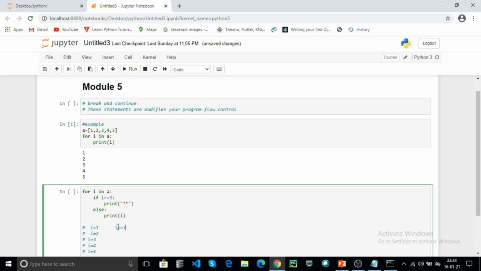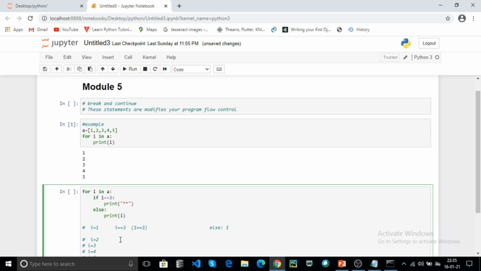Here i is 1, then 1 equal to 3. The condition is false. Then the else block is executed, and in the else block the 1 will be printed.